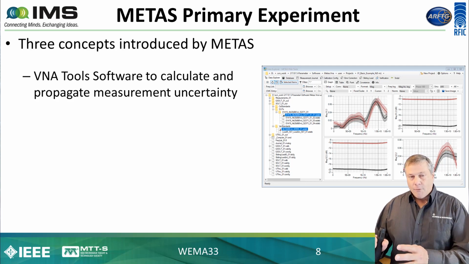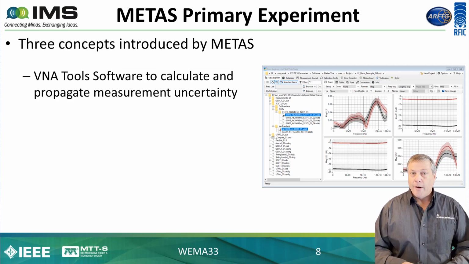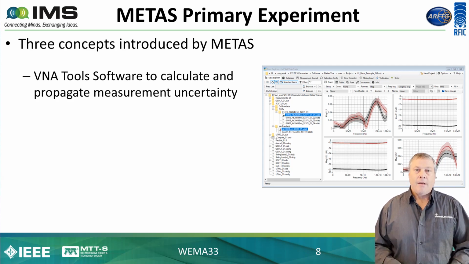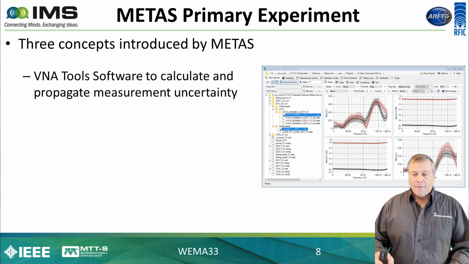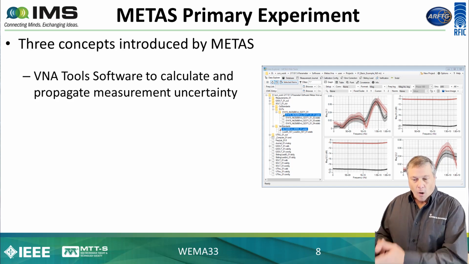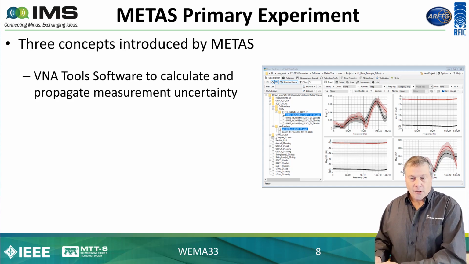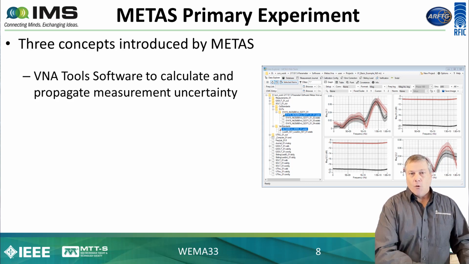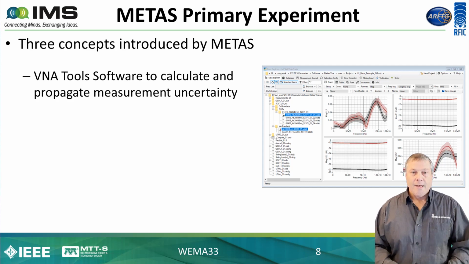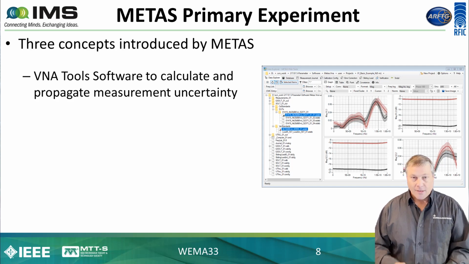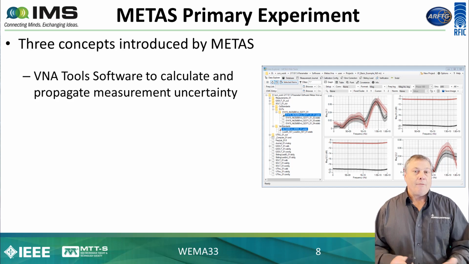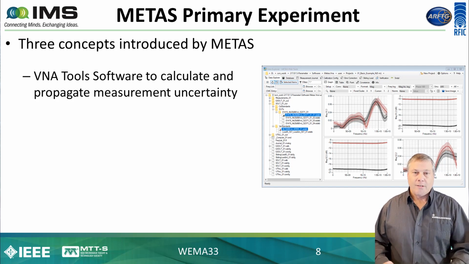And not only that, this software then propagates those uncertainties forward into the measurements that we make on the network analyzer, where we create the error model and the vector correction occurs. And finally, we make an S parameter measurement. So it propagates all of the uncertainties in the measurements of physical dimensions and everything else, and packages it and keeps track of it and carries it forward for us in a way that we can use. That is a key thing that's required, and of course it's been developed in this case in VNA Tools at METAS.